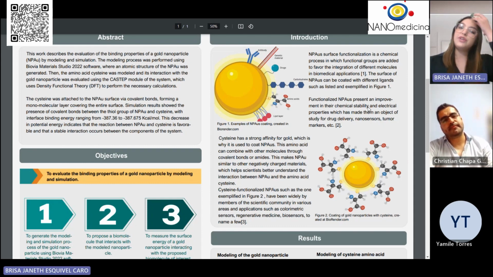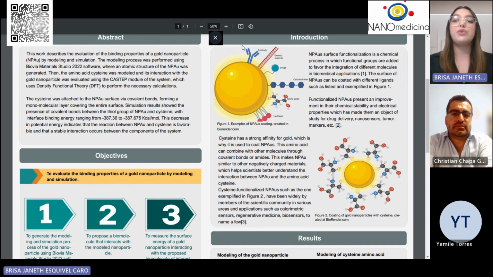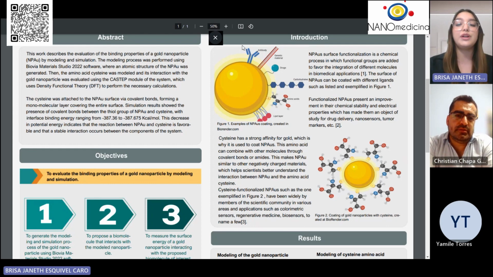The surface functionalization of the gold nanoparticles is a chemical process in which functional groups are added to facilitate the integration of different molecules in biomedical applications. The surface of the gold nanoparticle can be coated with different ligands such as antibodies, genetic material, drugs, carbohydrates, amino acids, and lipid layers. Functionalized gold nanoparticles present an improvement in their chemical stability and electrical properties, which has made them an object of study for drug delivery, nanosensors, tumor markers,